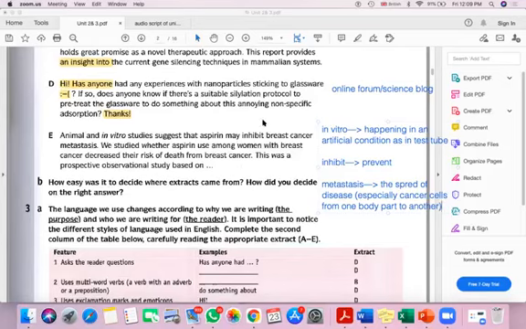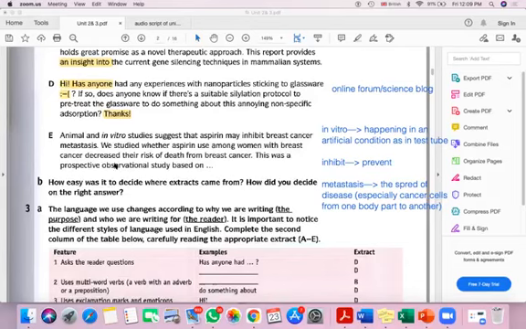All right? So animal and in vitro studies that is made in the laboratory, suggest that aspirin may inhibit, may prevent, يمنع breast cancer metastasis, the spread of breast cancer cells, cancer cells. We studied whether aspirin use among women with breast cancer decreased the risk of death from the breast